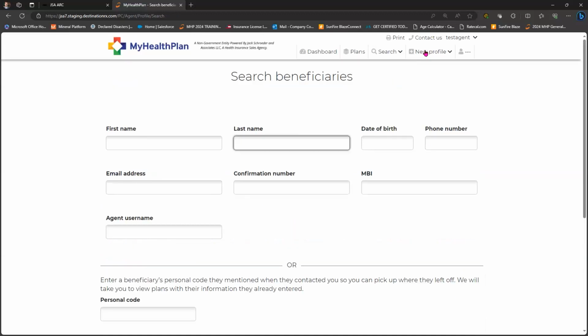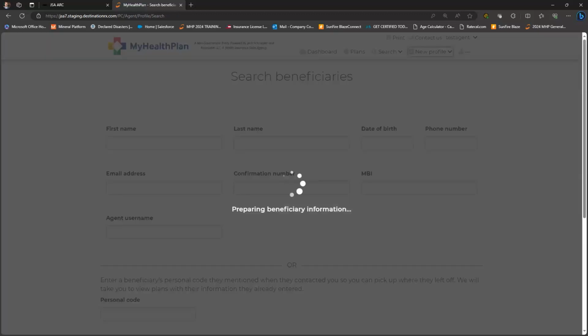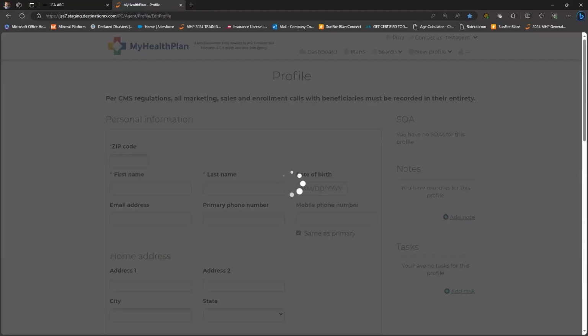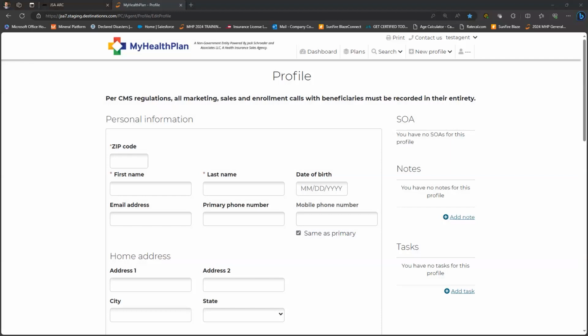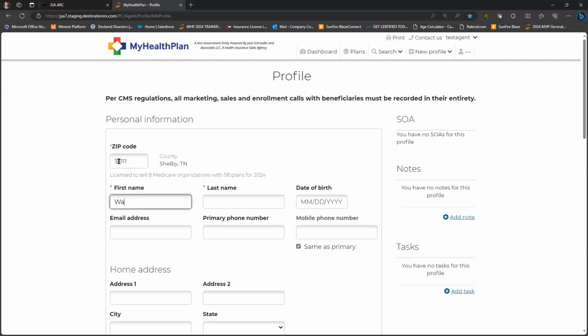To add a new profile, we just click on New Profile. Once we're on our new profile page, we just start at the top and work our way down. We'll start with our zip code, first name, last name, date of birth, email address,